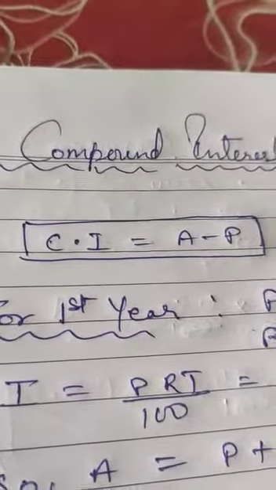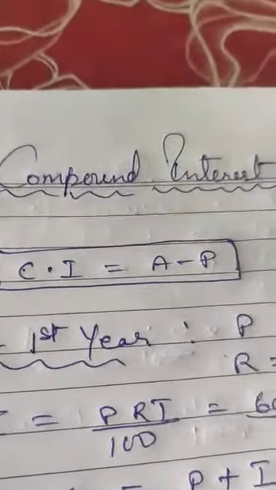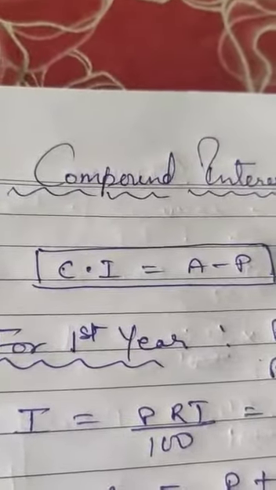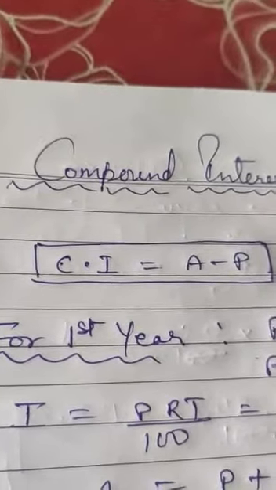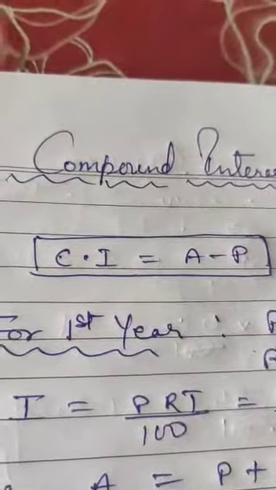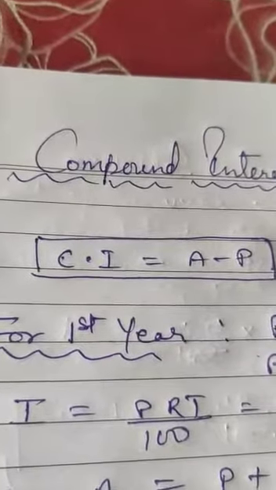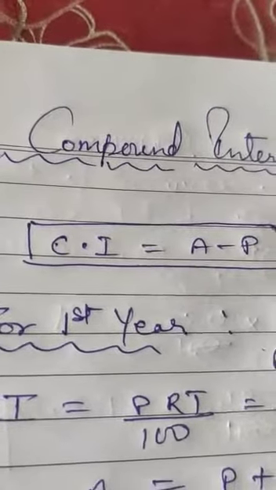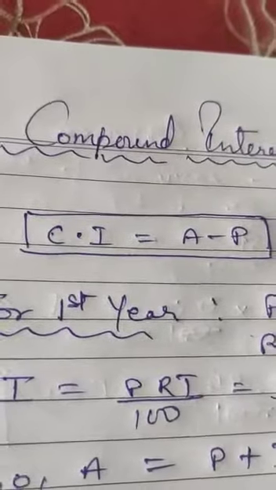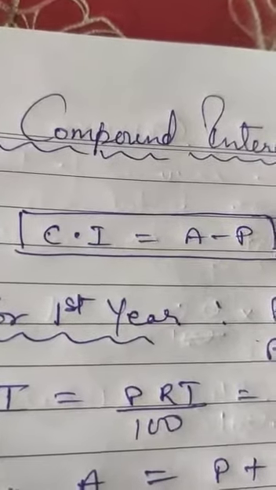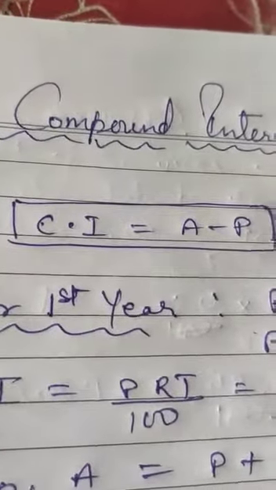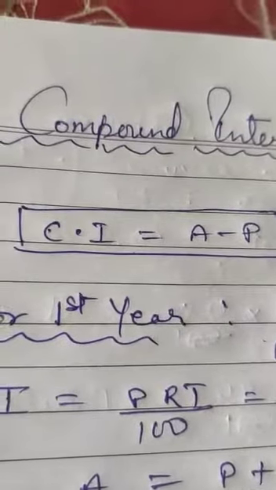Children, now going to the third topic, compound interest. Interest taught. Now understand what is compound interest. When money is said to be lent at compound interest, it means that at the end of a year or some other fixed period, the interest is not paid to the money lender but is added to the sum lent, and the amount thus obtained becomes the principal for the next period. So this process is repeated until the amount for the last period has been found.